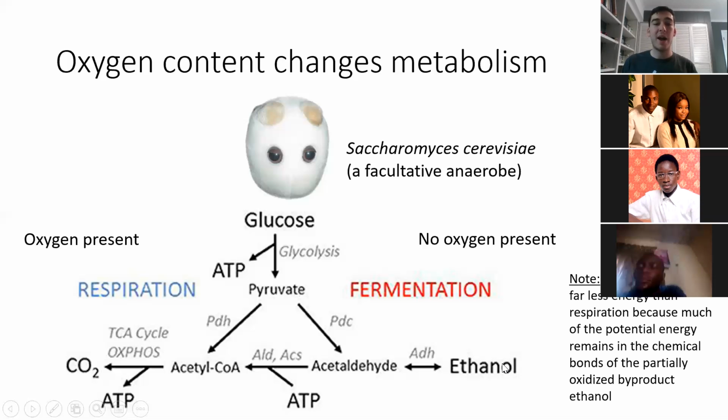That's why it's going to prefer to do respiration if there's oxygen, because it's not wasting energy in the production of ethanol. However, for us, if we're making beer or something, then we actually want it to be going into fermentation and producing ethanol, because that's what we care about. So in that way, we can use microbes for fermented foods by turning on fermentation. And so what you want to do is make sure that it's not getting